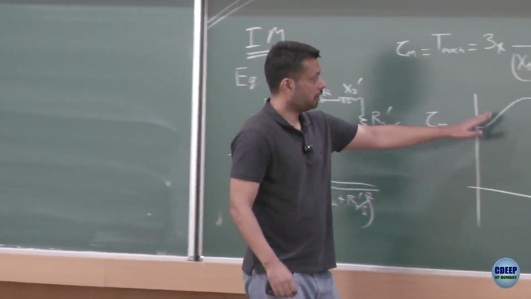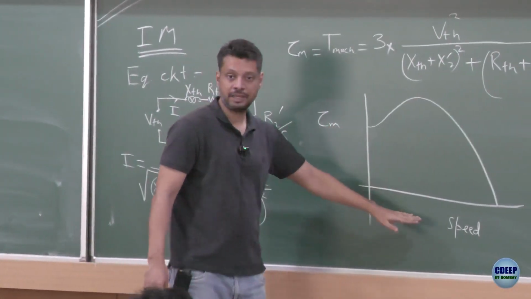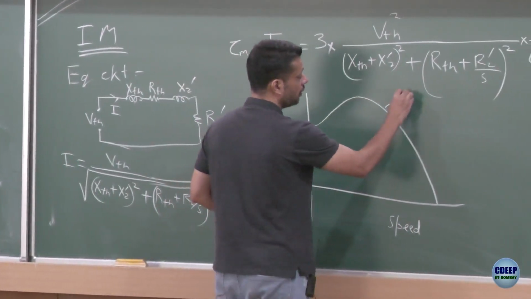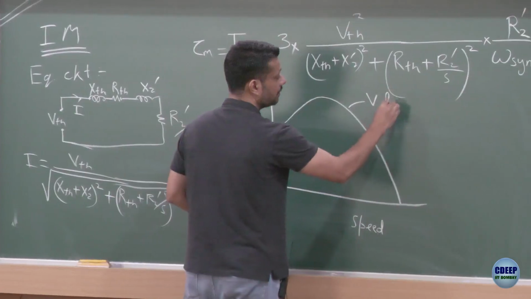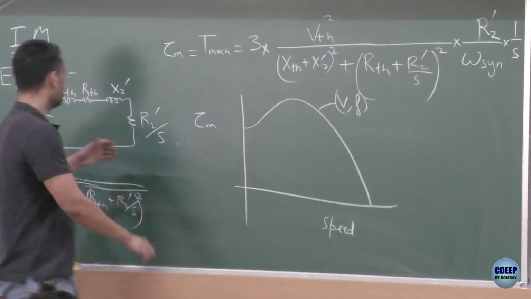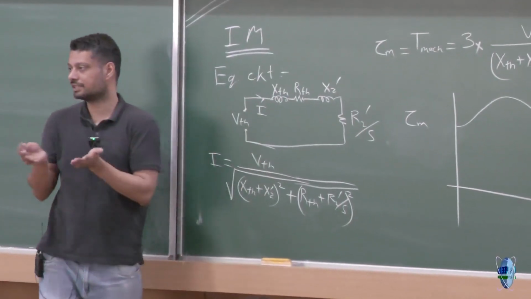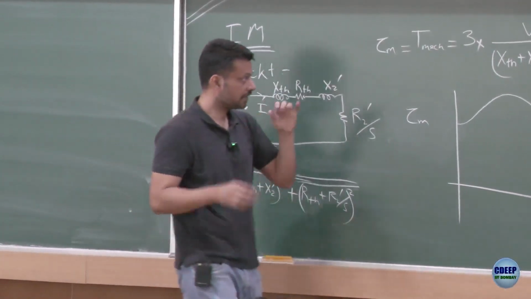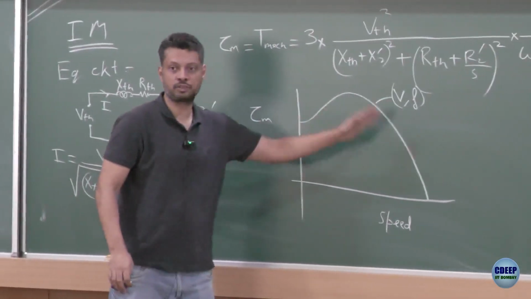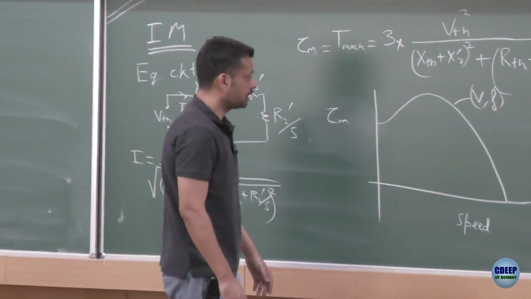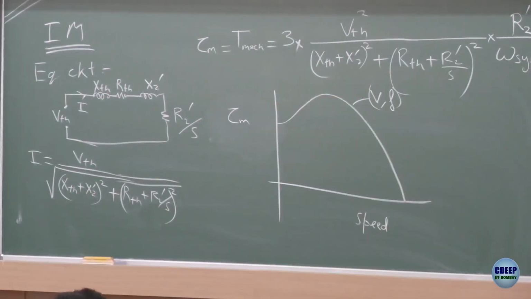So this is a plot, you get this torque and this speed, and you can operate anywhere. This is for a given value of voltage and frequency. All the other parameters are anyway constant, XTH, RTH, these are constants for that motor. So if you give it a certain voltage and frequency, then you get this plot. What is the meaning of this plot? The meaning of this plot is, why would